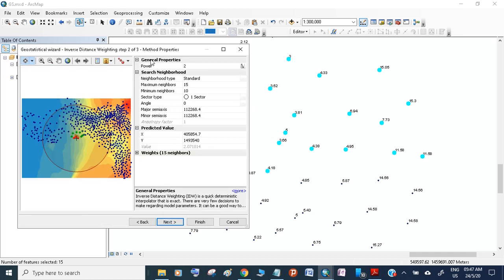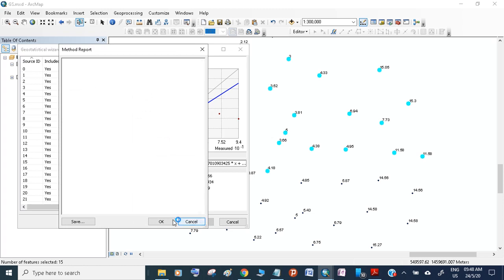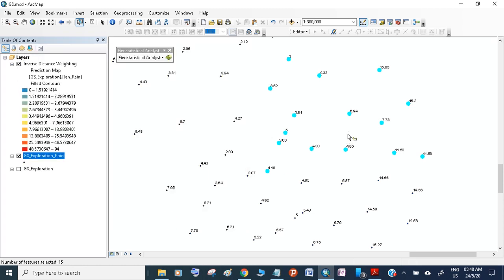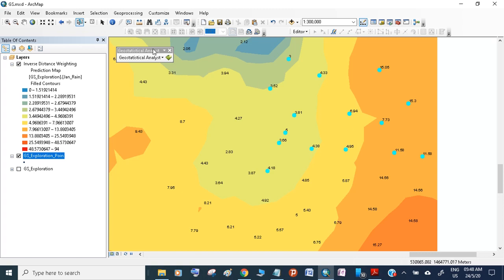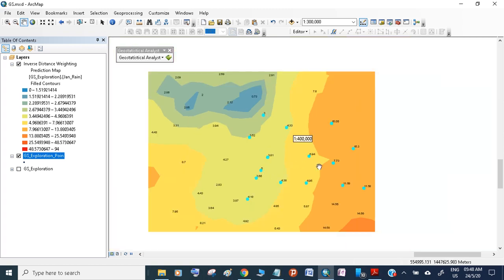All these controls are very important for creating or developing the surface. We will discuss all these controls one by one. Here, just to show you the basic purpose of geostatistical analysis is that it creates the surface. Let me make it finish. So as you can see here, it has created the surface for you, and in this surface,